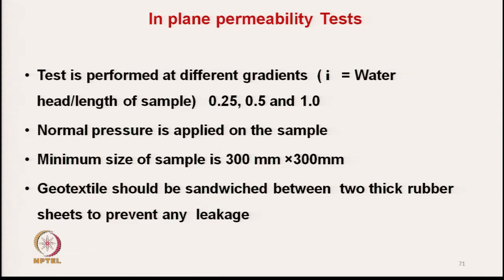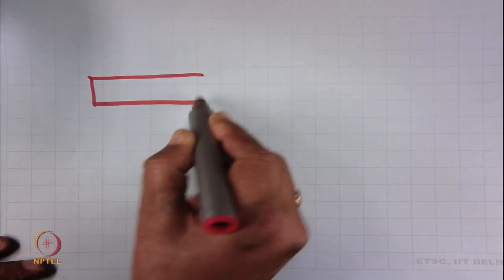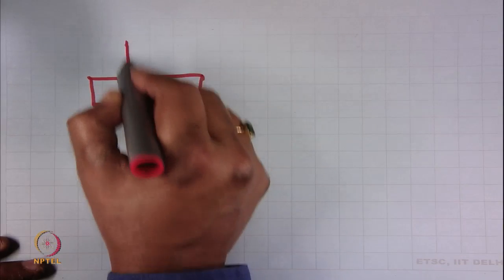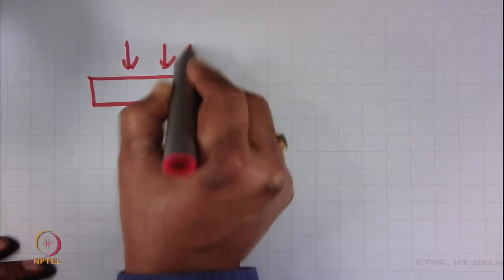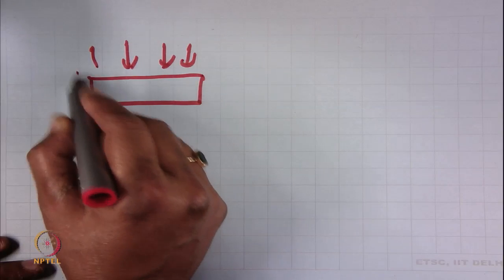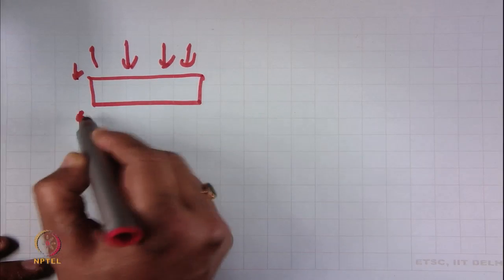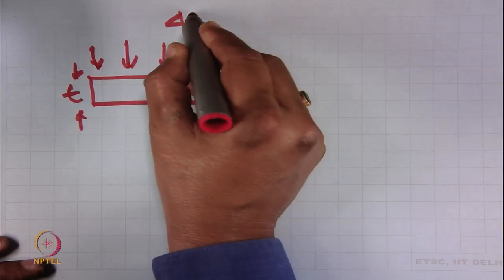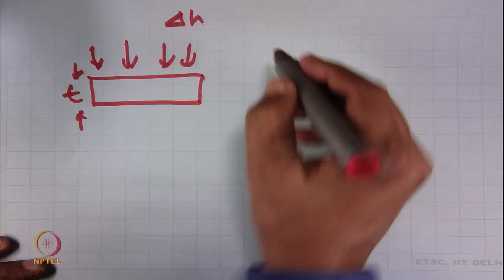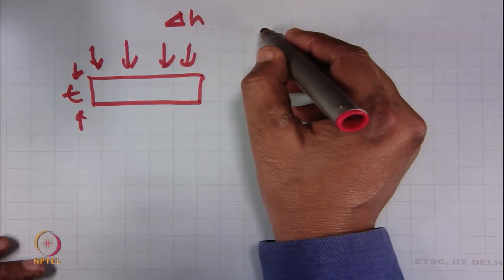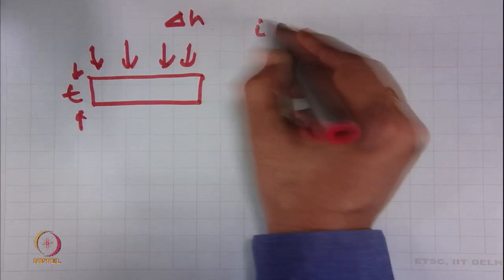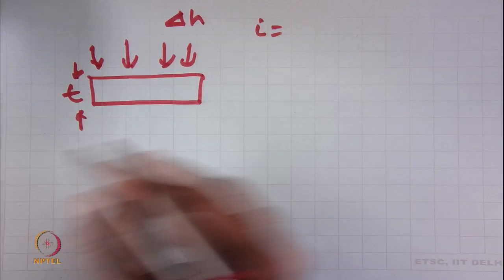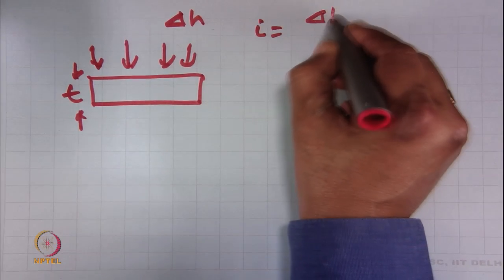Now, for cross plane, water is flowing and this is the thickness. So, water head H and thickness. So, the gradient I in case of cross plane was delta H by thickness,